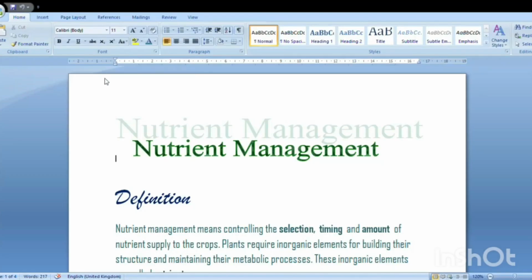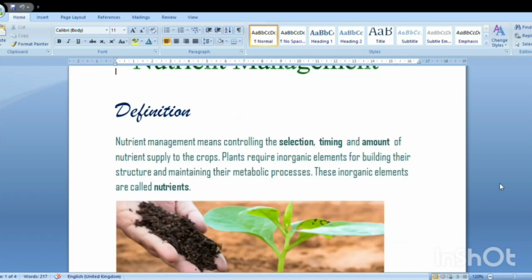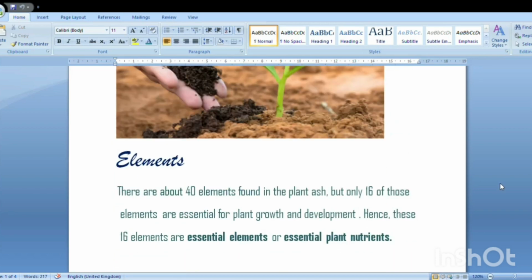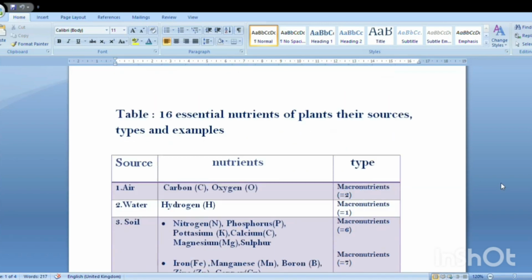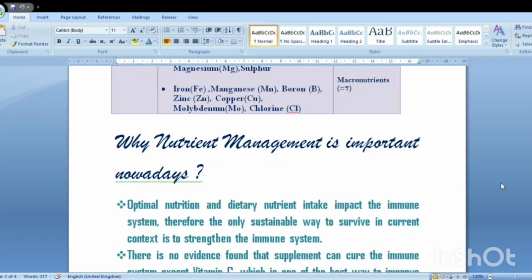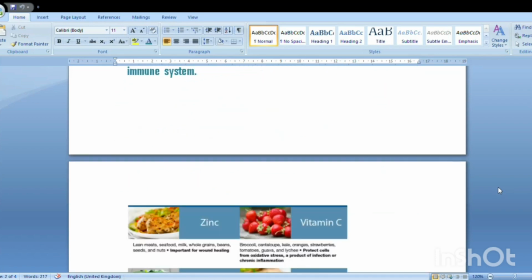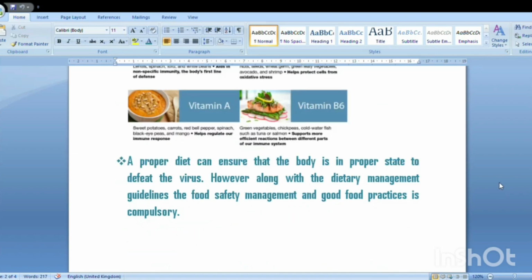So today we are going to see how to add different effects and features to our MS Word document and how to make it look more attractive. First I want all of you to please have a look at my document. Here I have added different formatting features, pictures and also tables to make it look more attractive. So let's see how to do this.